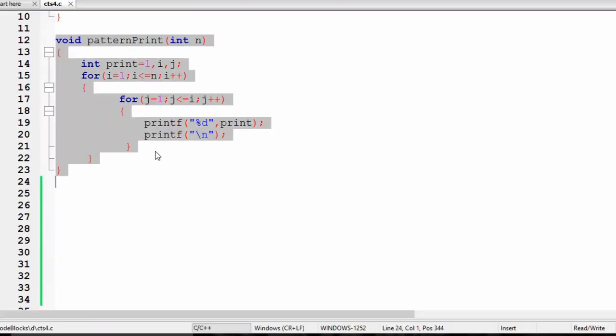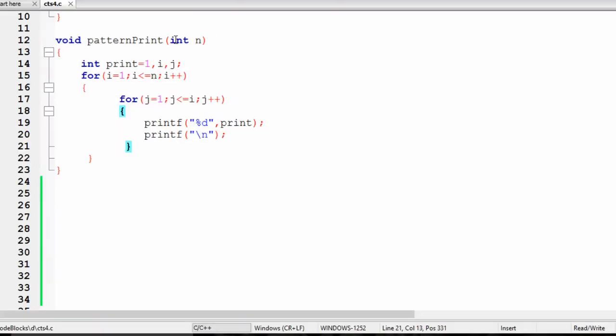So this is the function which was given in the question, and in this function, first of all, we have an argument which is n. That means a value which is going to be passed by the user or from the main of the function. Now as it is already mentioned in the program that there is no syntax error, but there may be a logical error in this code.